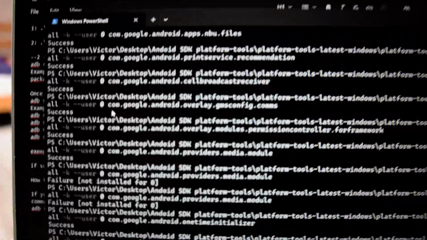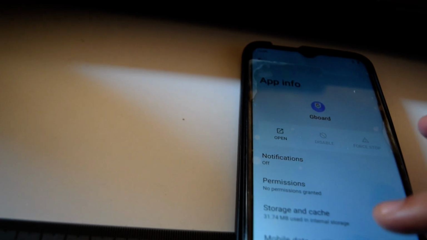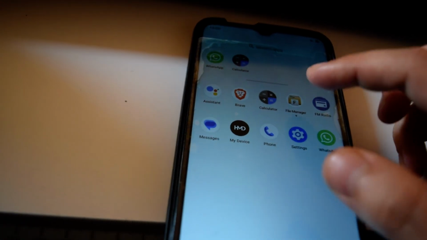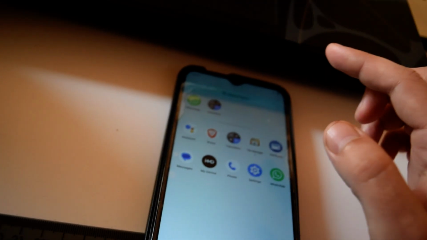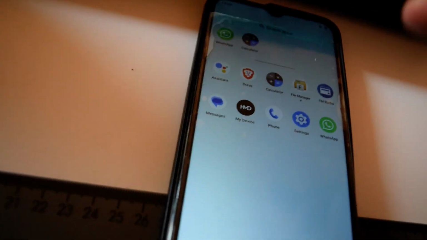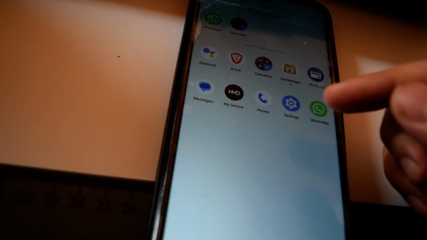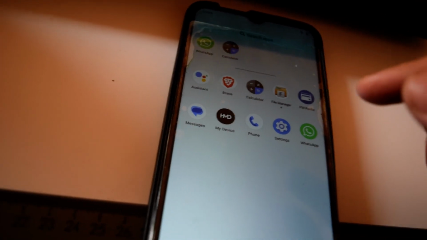Keep in mind, while you're doing this, you shouldn't be using your phone. You can check it, but try not to enter the menus, because you're inside the developer options at the moment. So for example, I'm not accessing files or anything, because I want first to remove the packages, then exit the developer options, and then use the phone. Because if I try and use the phone while using the developer options, it might fail. The process might fail. I might have to start over, because I'm not sure if a reboot of the phone